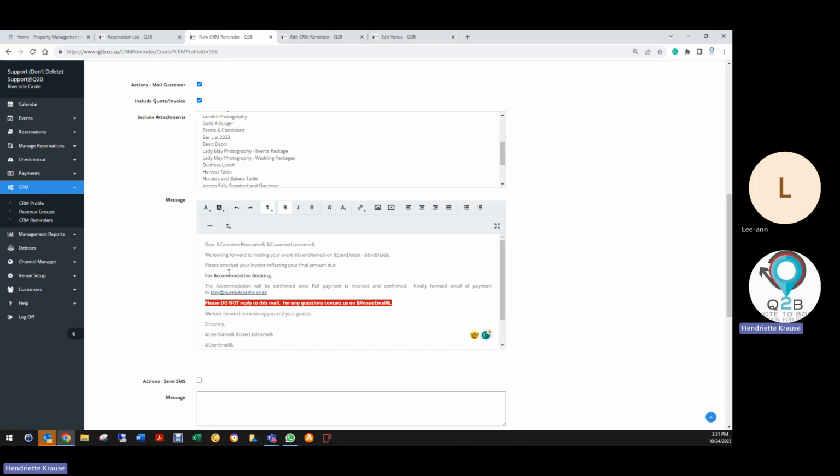Okay, so do you then ask them to send a proof of payment to you for the last final payment, or how do you do that? I'm guessing they should, considering generally Nicolette takes over from there. We obviously need proof that they've paid, right? Yeah. So you can say, yeah,